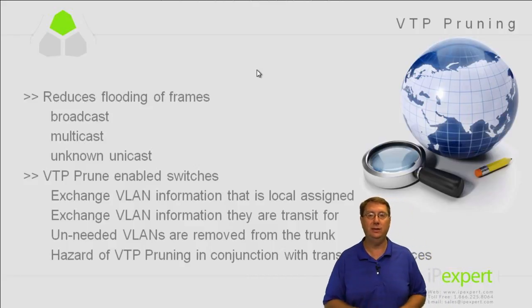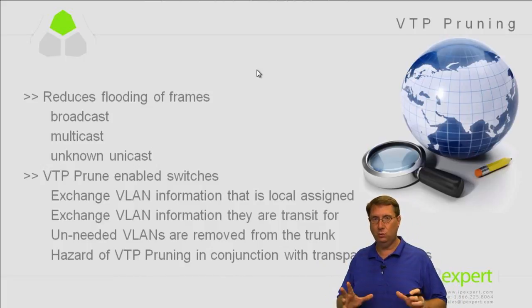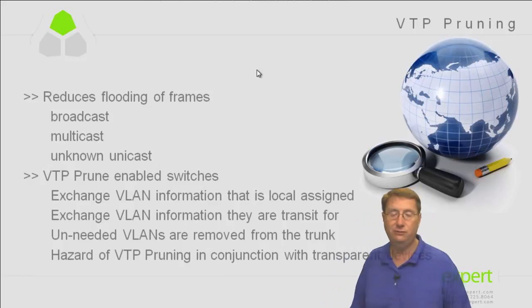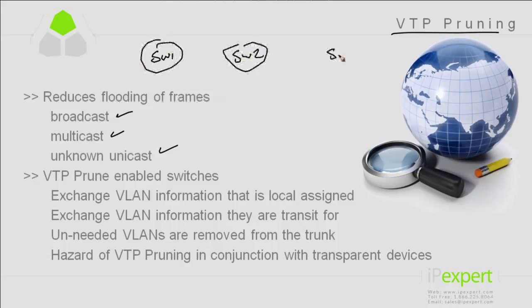Again, a way of ensuring that we bound information on links with regard to what data we're going to be sending, what frames we're going to be relaying through our infrastructure at layer 2. So the idea here is VTP pruning is a tool that's going to allow me to reduce the number of broadcast, multicast, and unknown unicast messages I'm going to forward. So the idea here is if I have SW1 connected to SW2, connected to SW3,